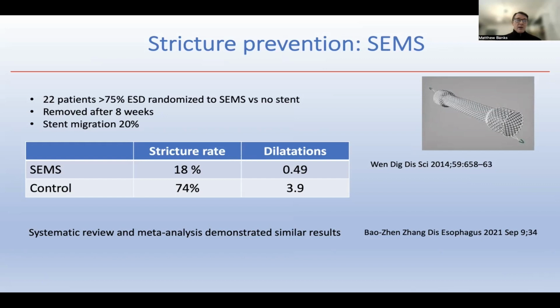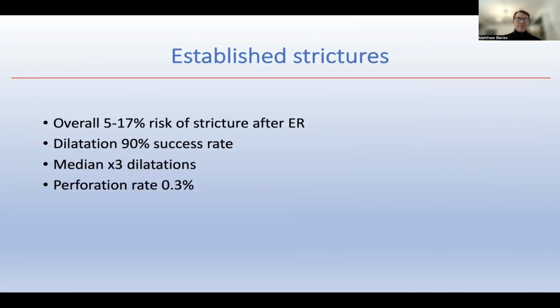However, these were in patients who had high risk of stricture formation with either 75 to 100% of the circumference in terms of the ESD resection. However, there's at least a 20% migration rate. A lot of the patients had pain after the stent, so it's not ideal, and it has to be removed within 8 weeks. So once patients established a stricture,